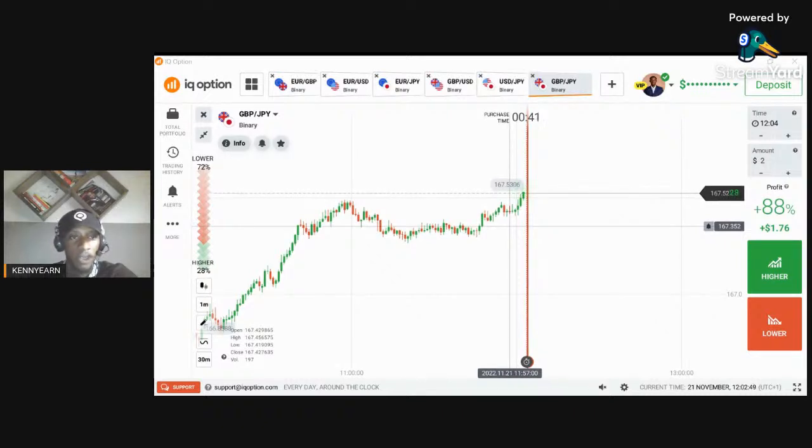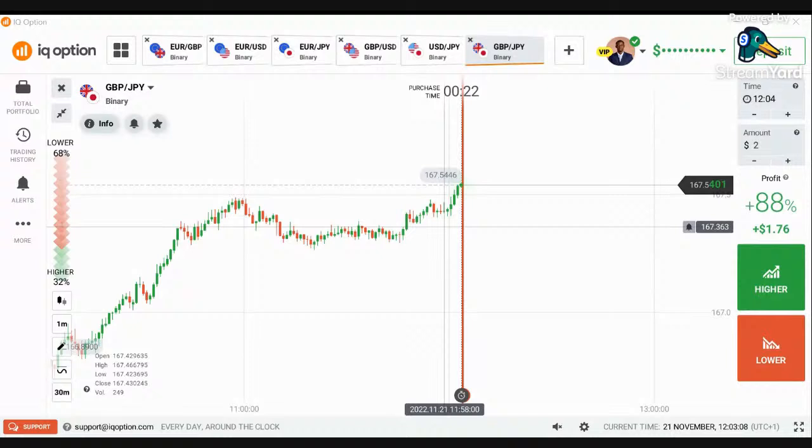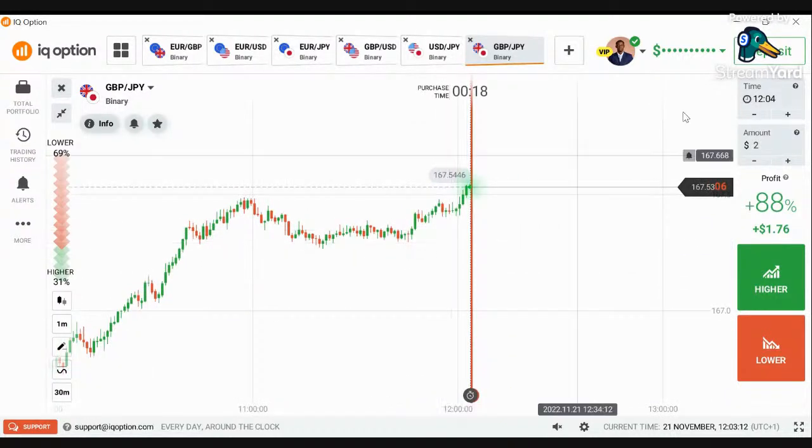Today is Monday, the first day of the week, and the market is open. Sometimes the market is good on Monday, sometimes it's not that good. It's not stable. But we're going to see what we could get from today's market condition. All right, so everyone can see my chart correctly, and let's look at the chart now.